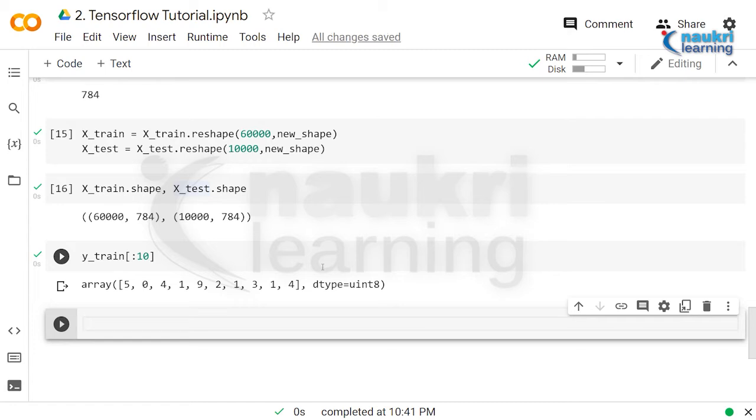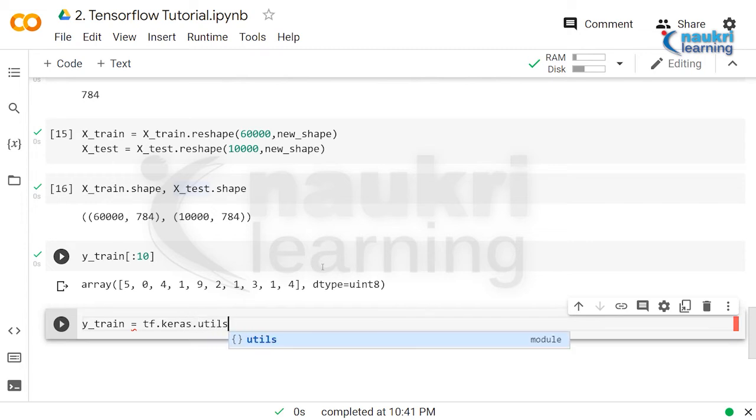So this is how my data set is. Now, as part of our pre-processing, what we are going to do is convert the output data, that is the y data that we have, into a one-hot representation of the labels. In order to do the same, I'm going to say ytrain is equal to tensorflow.keras.utils.to_categorical. So we have a function called to_categorical,